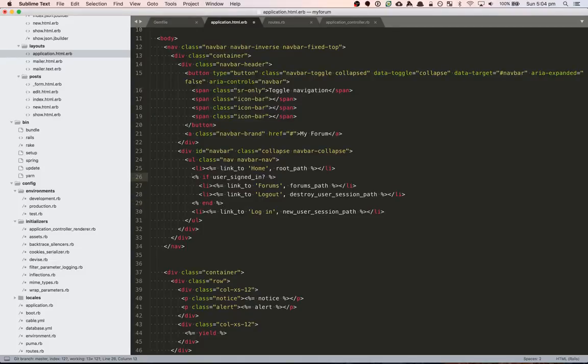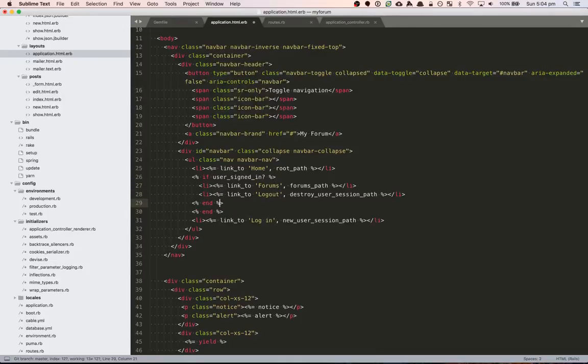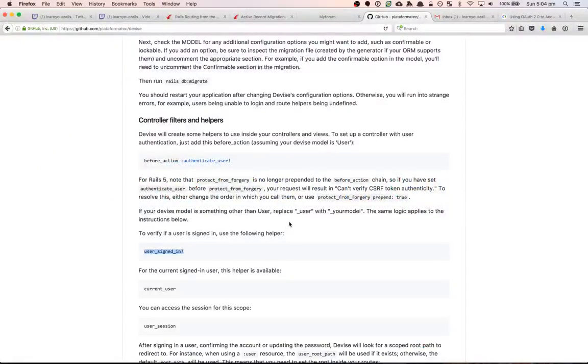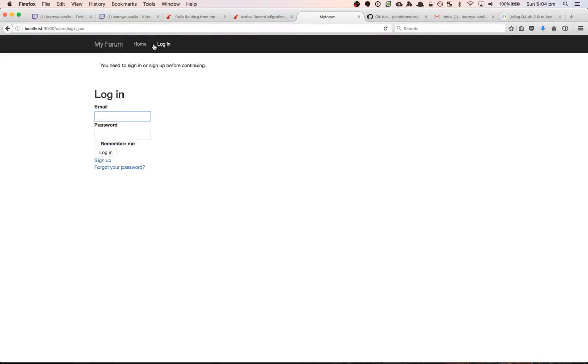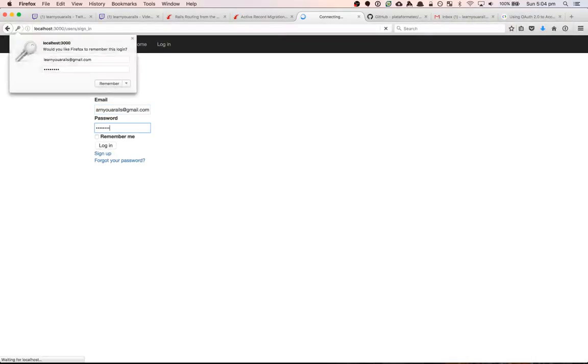So we're writing a conditional block here that says if there's a user signed in, they can see the forums path and the logout path. Else, show them login path. We'll allow them to see home, which is kind of the forums thing, but it looks nice to have home there. So now you can see when we refresh the page, we have home and forums, and then we log out, and then we get home and login. Okay? So we log back in,